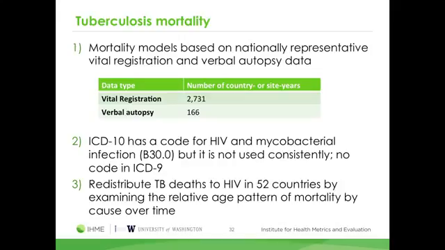So just a little word about the TB mortality. This is the high point of the analysis for TB, I think. There's a lot of vital registration data in the places where TB is still quite substantial. So for example, China now has increasingly extensive cause of death data, and China is a source of substantial TB death. There is also verbal autopsy in places like India, where the Million Death Study and other verbal autopsy studies give us